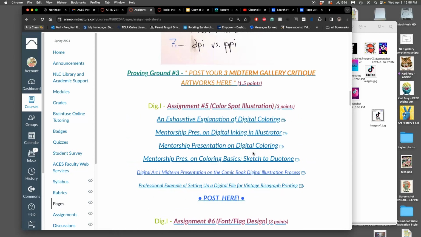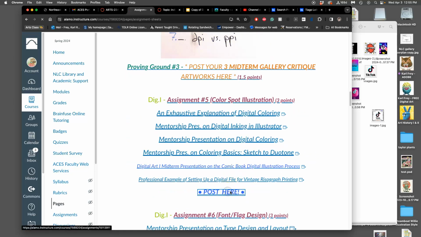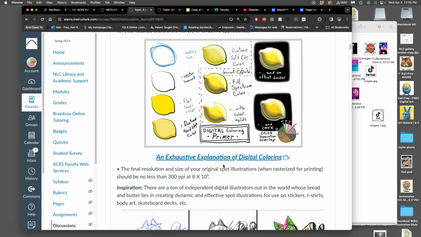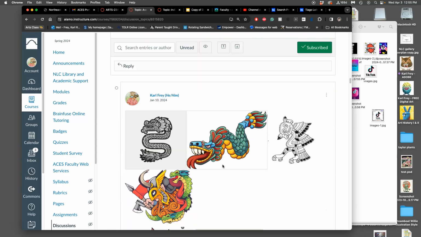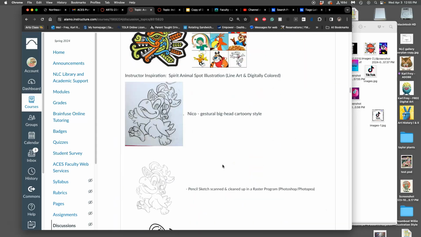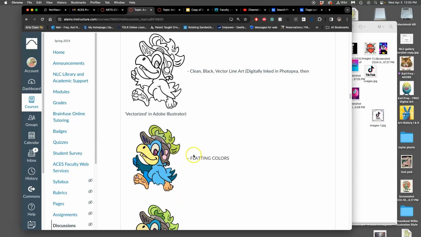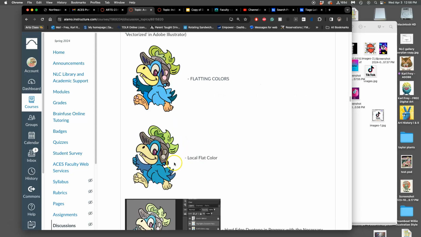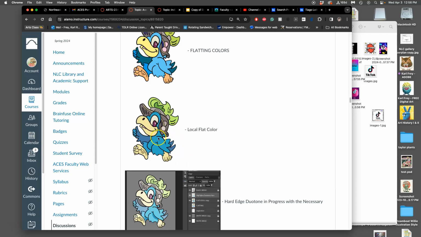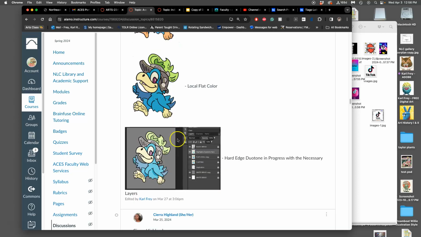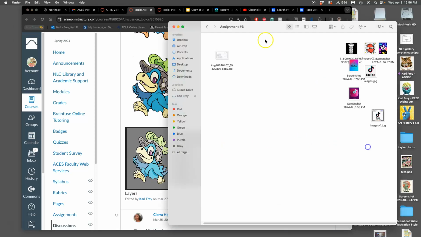All right, we are going to continue with our color spot illustration. Pick up where we left off. We had Monday off, so it's been a while. So we cleaned up our line art from a sketch for a free-floating spot illustration. We started adding flatting colors, and then we chose our local flat colors. And now I just started at the end of last class